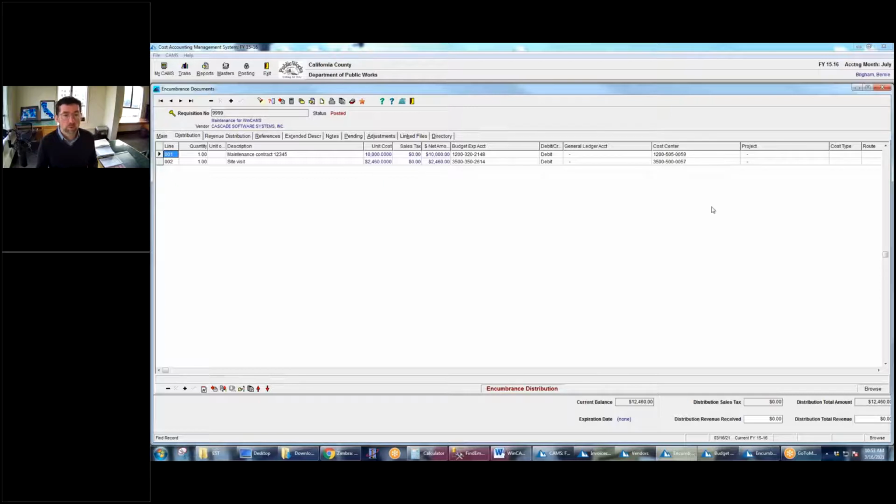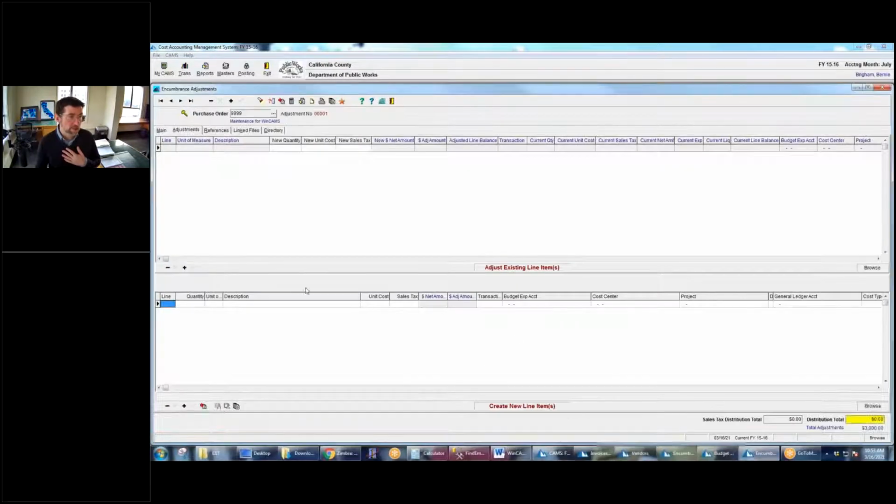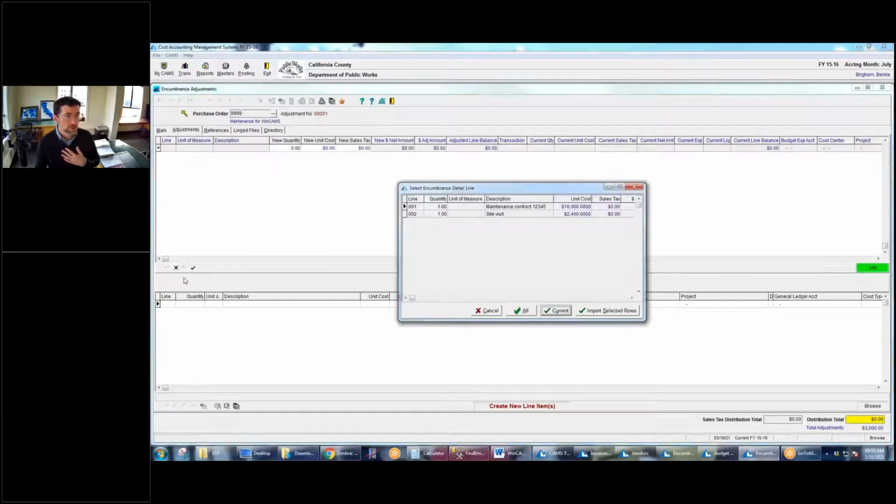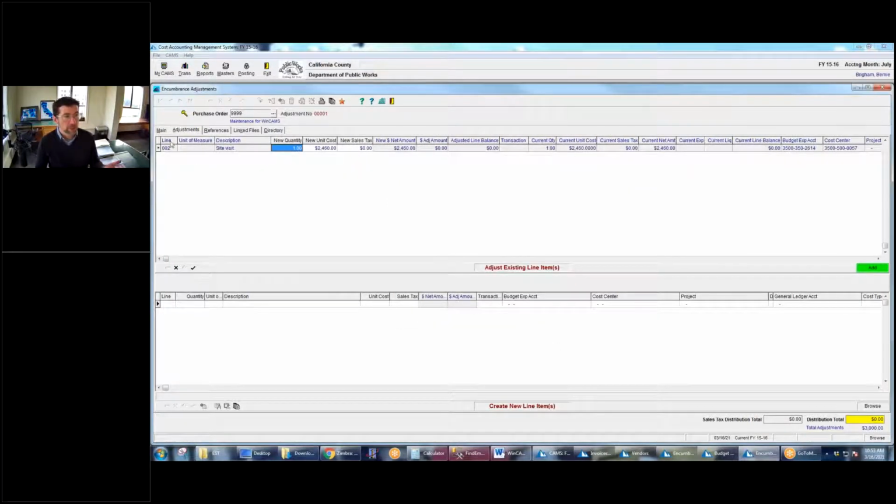If I wanted to make the site visit 2 days, then I would adjust an existing line item. So I hit plus and I get this special select line, and I pull in line 2 and say I'm going to make line 2 a larger number. Okay, or